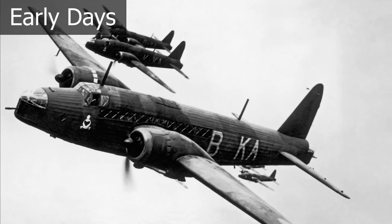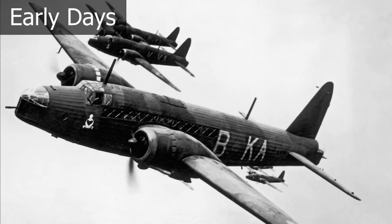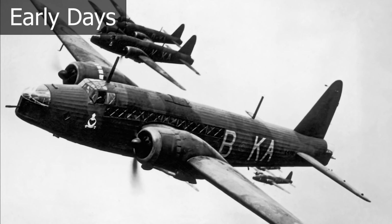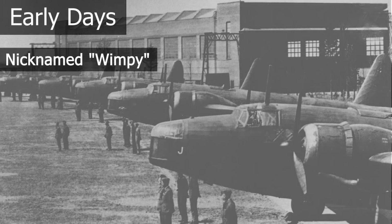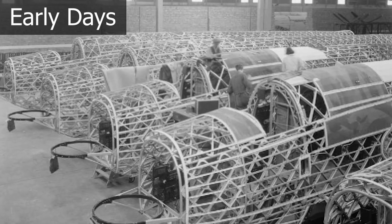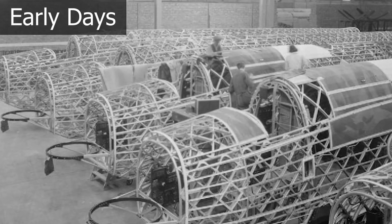British pilots in general liked the Wellington's flying characteristics and described it as easy to fly. This made it also an excellent candidate to equip operational training units. It was nicknamed Wimpy in a reference to J. Wellington Wimpy, Popeye's friend. It had a geodetic airframe, something more common on airships. Among several other considerations, this gave the Wellington its famous resilience, but also meant longer production times than a more